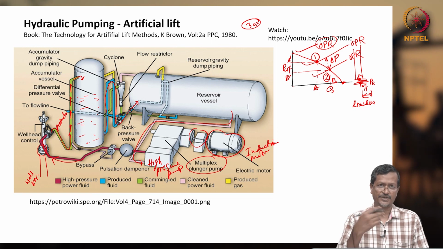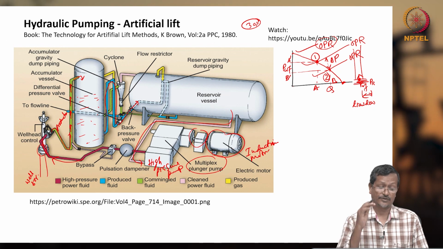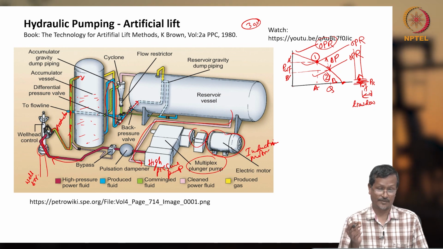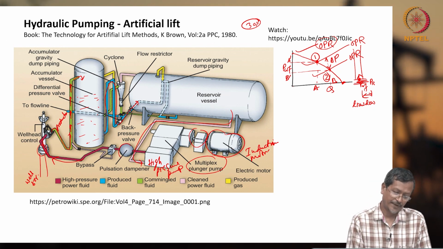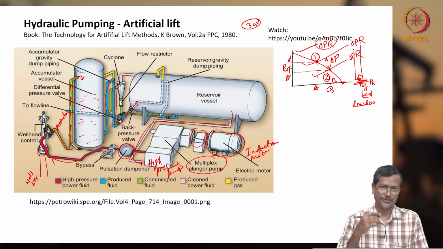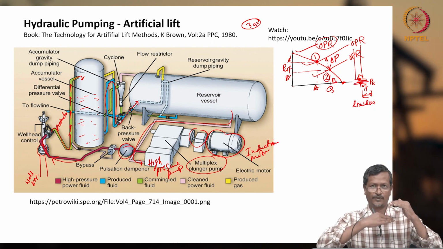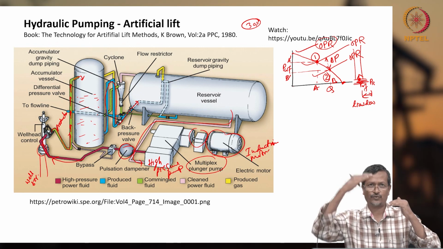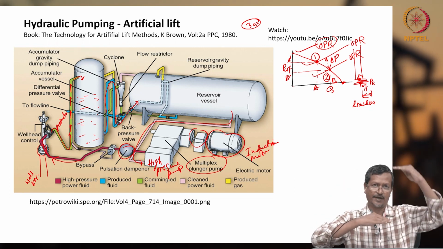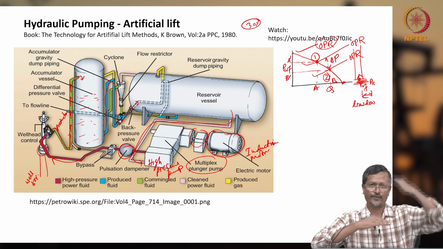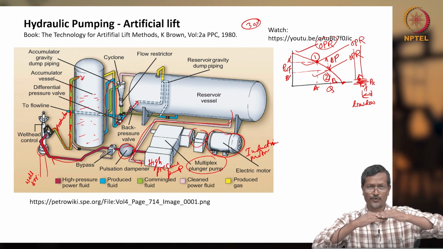So if you have pulsating flow, then you must have one pulse damper. That's called a pulsation dampener. So the pulsation dampener is here. Whatever pressure flow, like the reciprocating pump giving 1 flow, 2 flow, 3 flow. When the piston is moving up, for example a sucker pump, when moving up you are getting production,